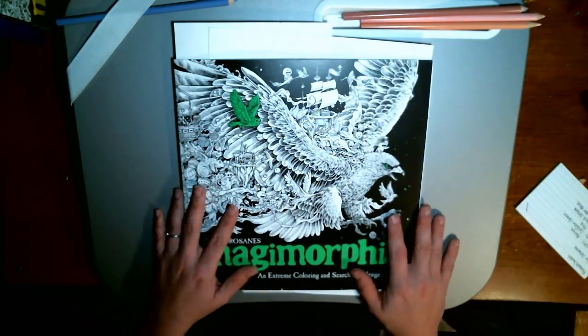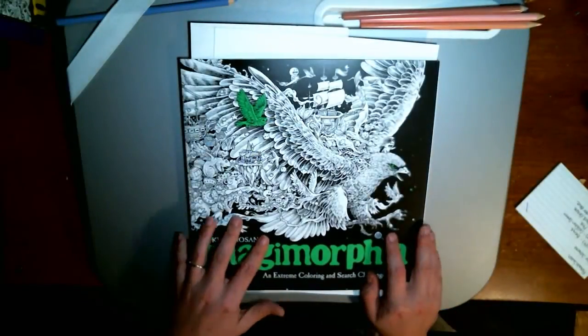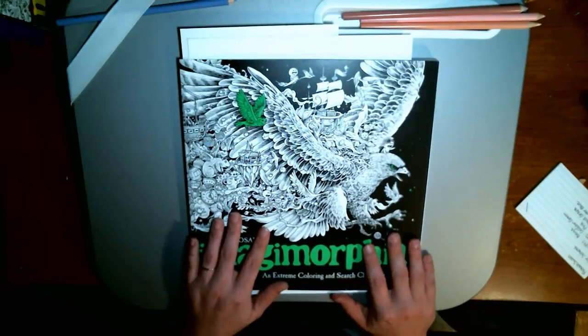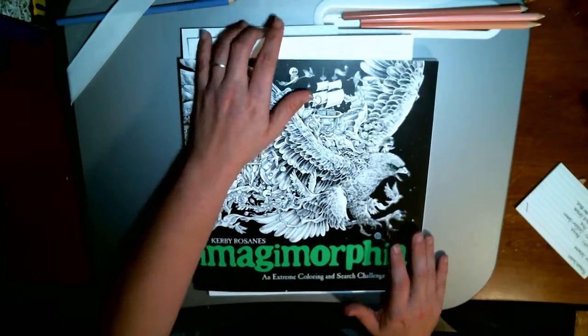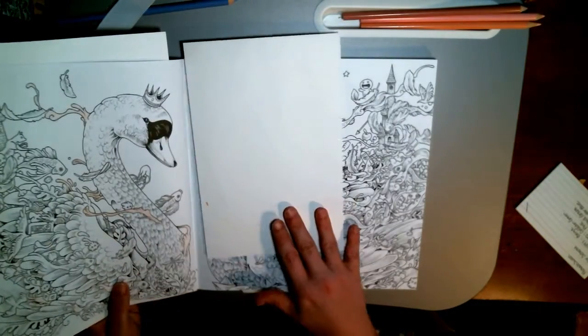Yeah, everything here is pretty simple. I don't have a whole lot of fancy stuff for coloring. I just try to make it as comfortable and as convenient as I possibly can. And that's pretty much it. That's all the tips I have. Just remember when we discussed having different colors,